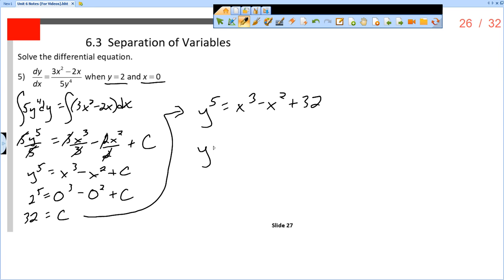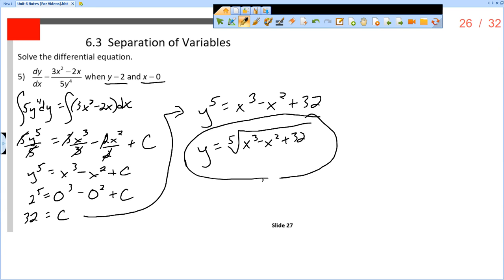And so now, in order to make it an explicit solution, I'm going to take the fifth root of both sides. Now, no plus or minus needed for an odd root. So y equals the fifth root of x cubed minus x squared plus 32. And that would be my specific and explicit solution. All right, so that is